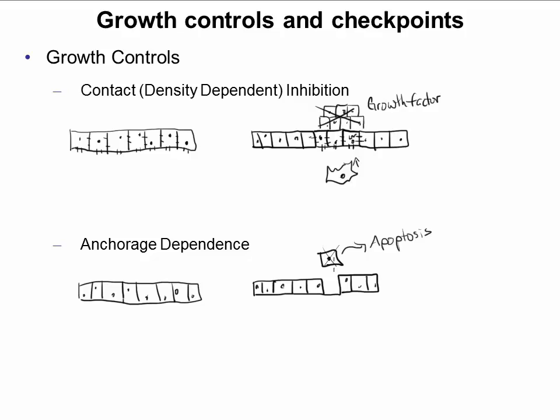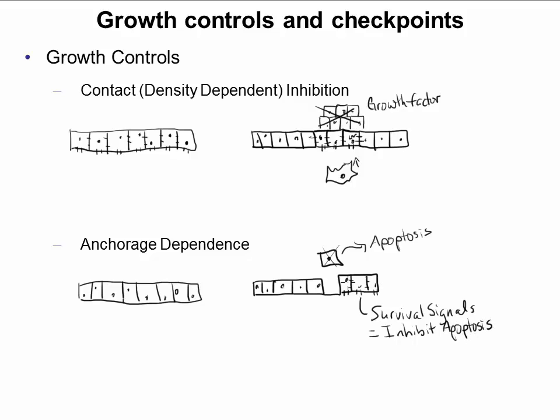Well, how is that accomplished? Well, it turns out that just like we saw up here, we had membrane proteins, attachment proteins that were initiating cell signaling pathways in the cell. Same thing is at play here, different membrane proteins involved. But these membrane proteins actually initiate what are referred to as survival signals in the cell. What they're actually doing is inhibiting apoptosis from occurring or initiating.